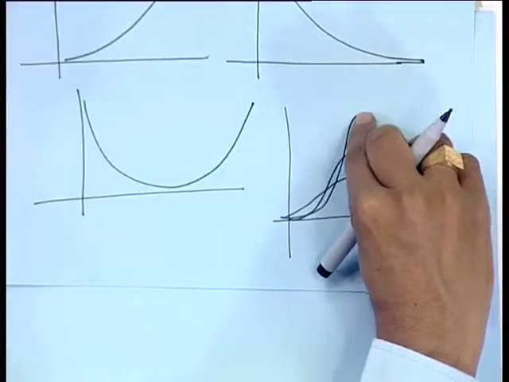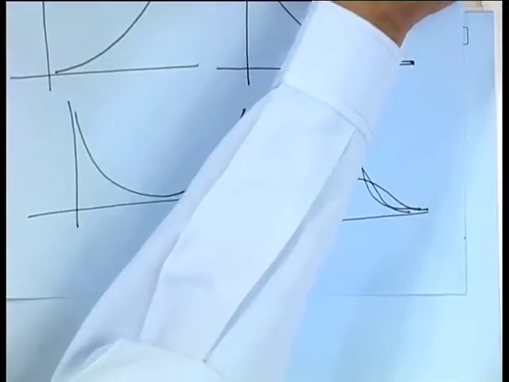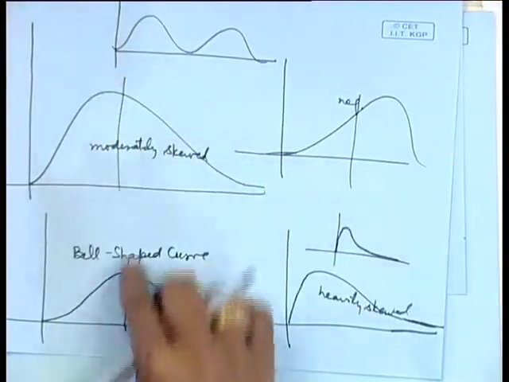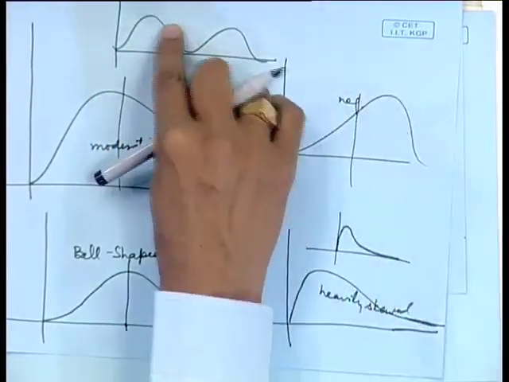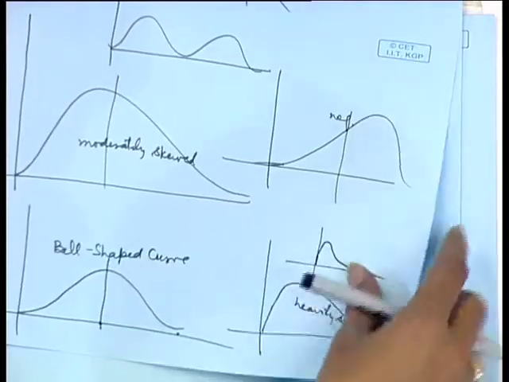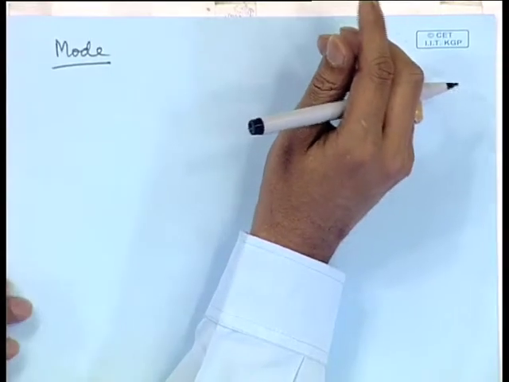Mode is that value which occurs most frequently in a given distribution. Therefore, when the raw data is given, we can actually see which value is occurring most frequently, and if we are given a histogram or a frequency polygon, we can easily make out where the mode is. For example, here this is the mode, or in these curves this is a mode, this is a mode, this is a bimodal distribution, etc. So, one can find out from the shape of the distribution where the mode is likely to lie.